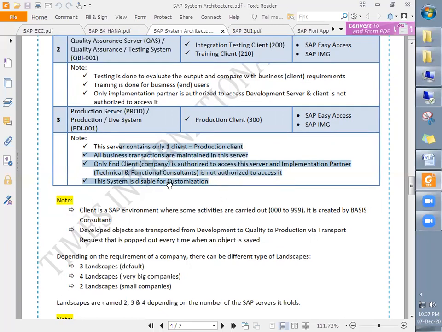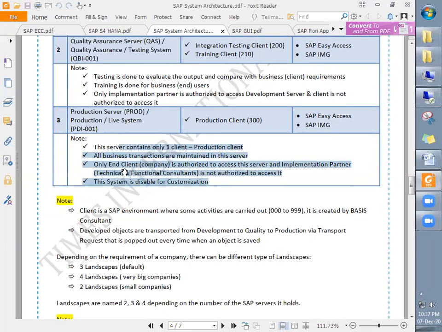The implementation partner, the technical and functional consultants, are not authorized to access it, because it contains confidential business information. That is the reason why companies don't allow other people to access it.